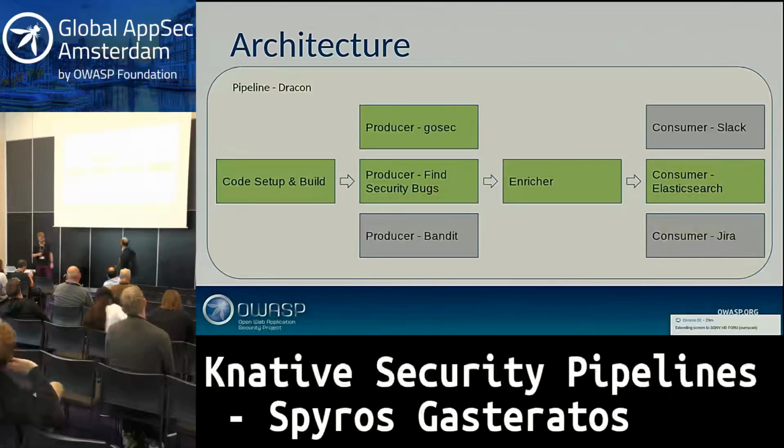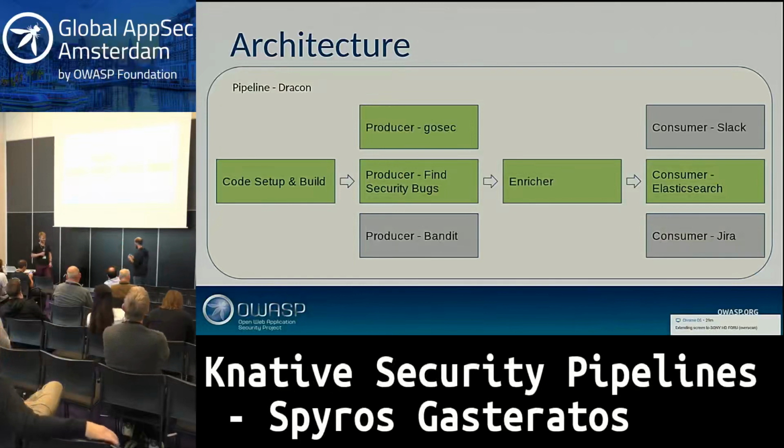Cool. So a point to make as well: back to what I said earlier, we're finding tools with a lot of assumptions about what you need and what you should have, like GitHub, which we don't want. We want you to be able to do what you want with the pipeline. If you don't have any Python in your code base, then don't run Bandit. That should be fine. If you don't use Jira, then don't consume Jira. And exactly, you might just want to see a whole lot of raw results in Elasticsearch and deal with it after that. That's absolutely fine. You can mix and match how you like. And that's the important part for us.